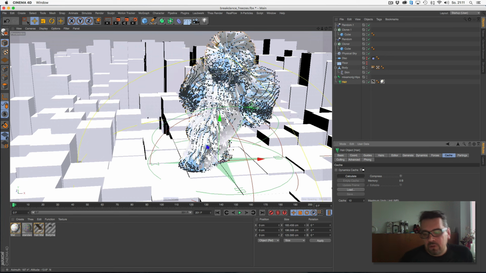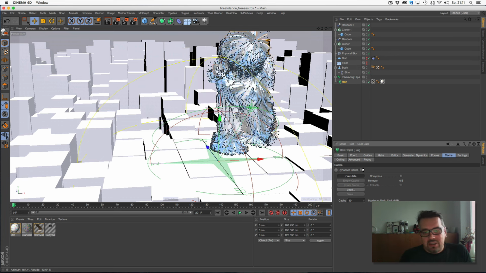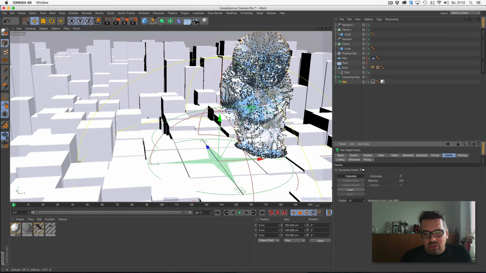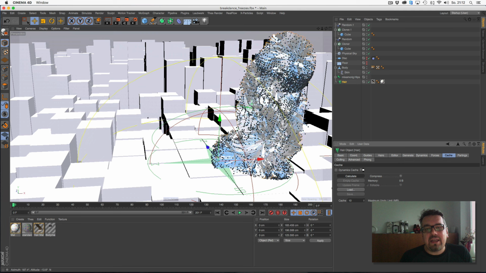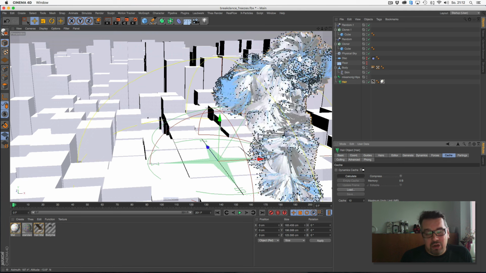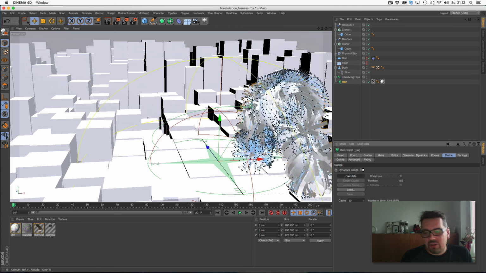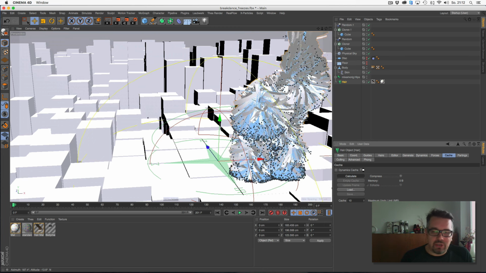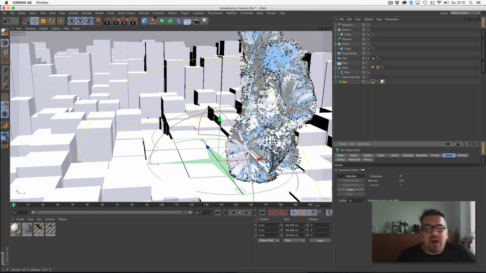So now Cinema is doing the whole hair calculation and writing it into a cache. And the next time when I hit play, Cinema doesn't have to do the whole calculation and just plays the animation out of the cache. And this means everything is a bit faster.